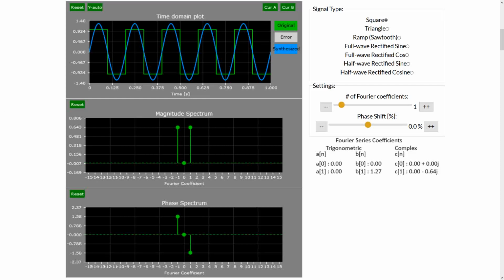So welcome back. This is a continuation of the previous video, where we are going to look at a demonstration of what this really means about the basic trigonometric functions, or how one signal can be represented by a combination of signals. Okay, so I'm going to use this very nice tool that was built by